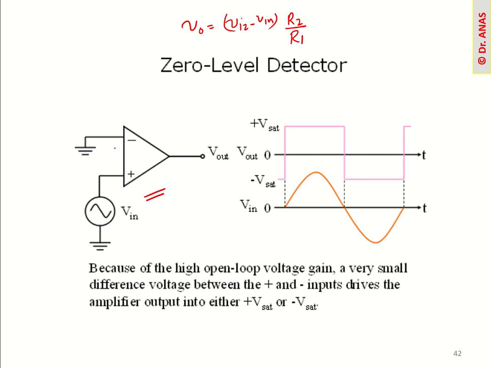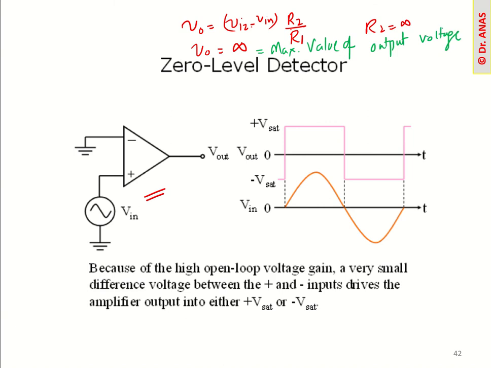So what does this mean? So here we know that there is no feedback resistor. Okay, so it means R2 is infinity. So we can say that V out will be infinity times difference of the input, which will be infinity. Okay, or in other words we can say that in an actual amplifier we will not get the infinite voltage, so we will get the maximum value of the output voltage.